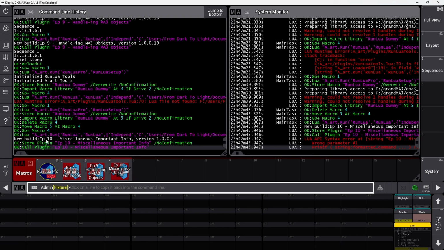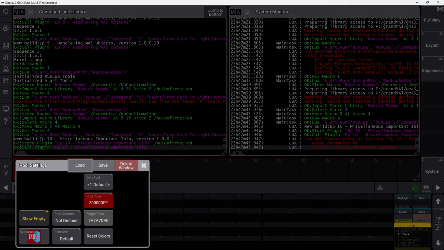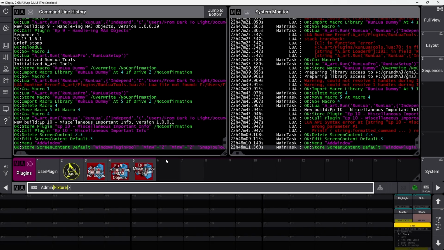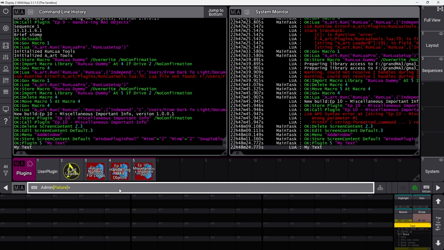What plugin is it? It says it is... Oh, it doesn't tell me what plugin it is. That's handy. I mean, you can also technically call it by name, but that's a long name and I don't want to type it, so I'm going to open my plugins pool, and it looks like it is plugin 5. So let's try that. Plugin 5, and then in quotes, I'm going to put my text and enter, and there we go. Now it ran because it used that as the argument.